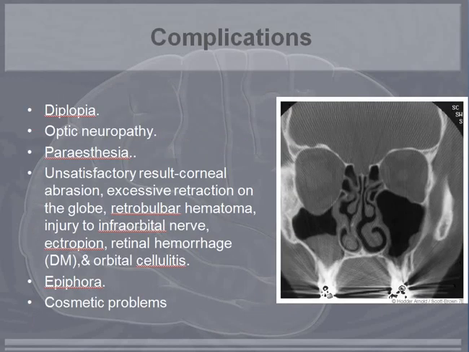Now when we talk about the complications, these are diplopia, optic neuropathy, paresthesia, unsatisfactory result, corneal abrasion, excessive retraction on the globe, retrobulbar hematoma, injury to the infraorbital nerve, ectropion, retinal hemorrhages, orbital cellulitis, epiphora, and